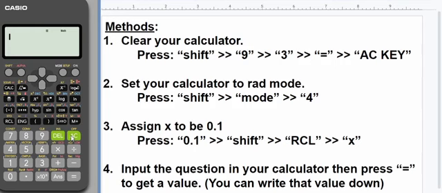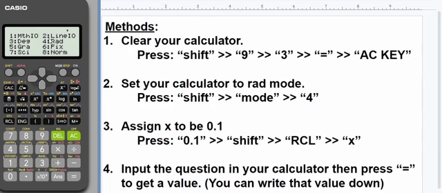Now the second one is to set your calculator to radian mode. By doing that you press shift mode 4. If you see at this point, your calculator is on default mode, or degree mode, sorry, it's on degree mode. Now to set it in radian mode, you press shift 9. Just follow the instruction here. Degree mode is actually 3, so if you want to take it back to degree mode, you press 3, but we want it on what?